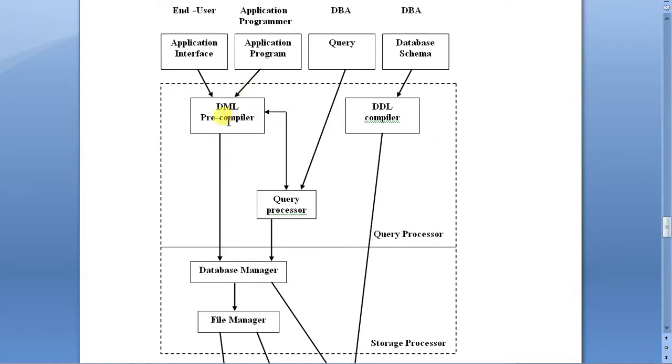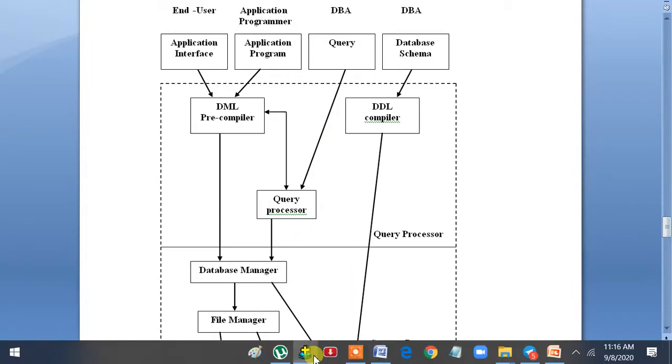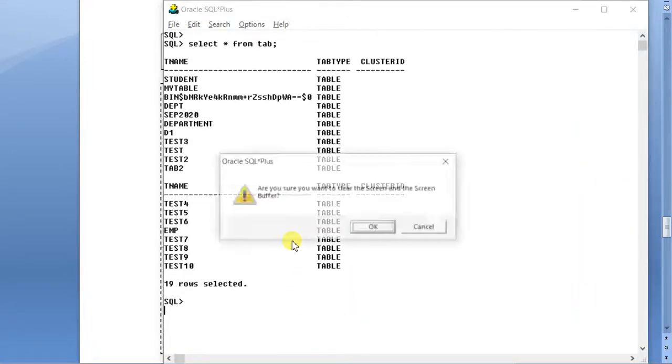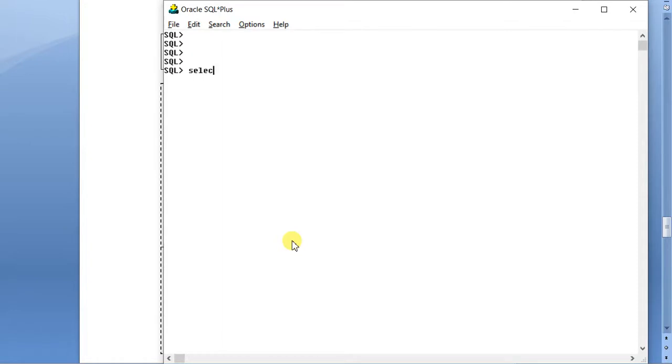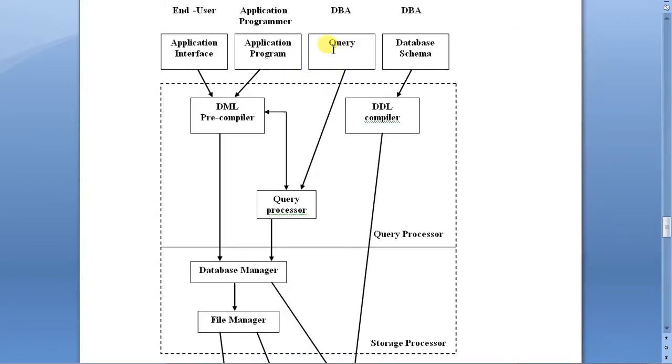First of all, there are DDL and DML pre-compilers and compilers. Now, what are the roles of these compilers and pre-compilers? They check your query. For example, it is very easy. As soon as you type a certain query, suppose you type select star from student. Now, I have deliberately given the wrong spelling of from. So what will happen as soon as you press enter? Now what we are doing, we are doing this part. We are directly sending a query.